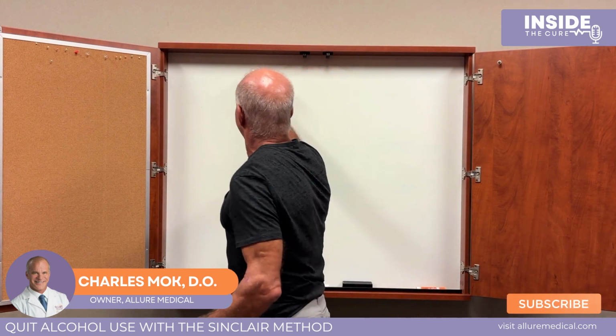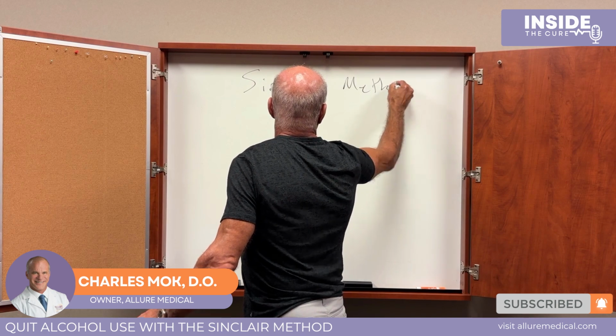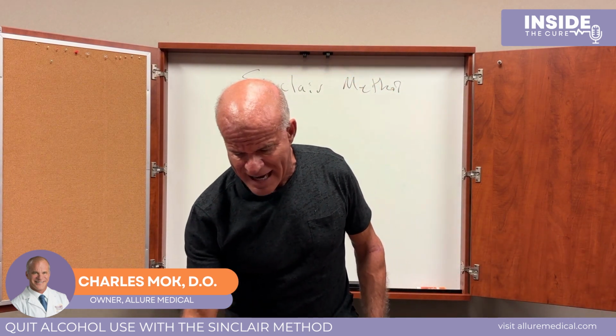One is to live with it, which might not be your best option. Another is to go on abstinence and Alcoholics Anonymous, where you never drink again for the rest of your life. That's been successful for a small number of people. And then there's another method that I'm going to talk about today called the Sinclair Method. There have been books about this and doctors really preaching this, but it hasn't caught a lot of